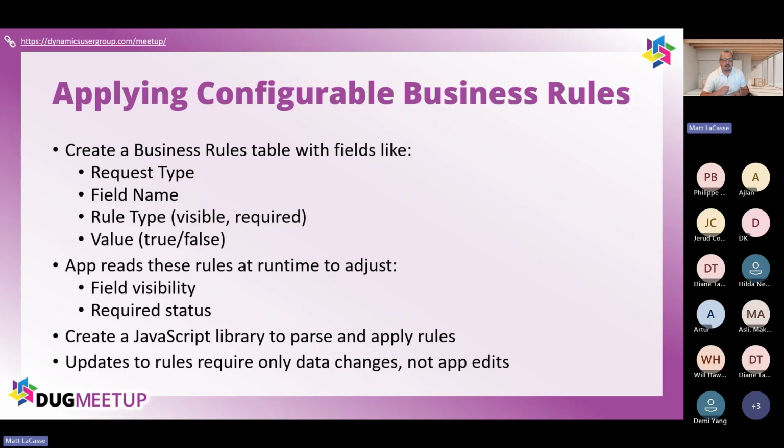So the solution that I just, as an aside here, anything that I'm showing here is not the way to do these things. This is a way to do these things. These are not always going to be universally applicable, but I think the idea here is more just to plant the seed. But with that disclaimer out of the way, what we can do is create a business rule table that has a few fields in it, like what is the field name, what is the rule type, what is the value. We could tie a request type to it as well, and then be able to identify some conditions that go along with that, such as whether or not a value of a certain field is whatever you need to evaluate it against. So again, what does this look like for us?